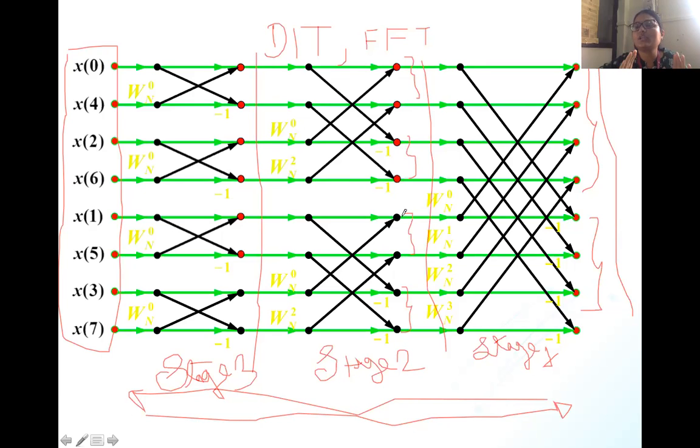So this is called the decimation in time algorithm. Specifically, I have taken the example of 8-point DFT. You can use this kind of algorithm for 4-point DFT. When I'm considering 4-point DFT, this much part will appear here. In this upper part, only 2 stages will appear, and you will have to calculate the DFT values. If you go for 16-point DFT, one more stage will get added. So this is the DIT FFT algorithm in order to calculate the DFT values.